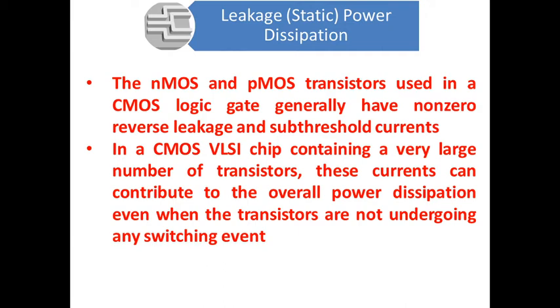in a practical MOSFET, or in the physical MOSFET device, even though the applied gate voltage is less than the threshold voltage, still a weak inversion, or you can say a weak channel, gets formed between the drain and source region, and because of that some finite amount of current flows from drain to source. That current is termed as subthreshold current. Of course, this leakage current and the subthreshold current are unwanted currents, but you cannot make them zero because of the limitation imposed while fabricating the device.